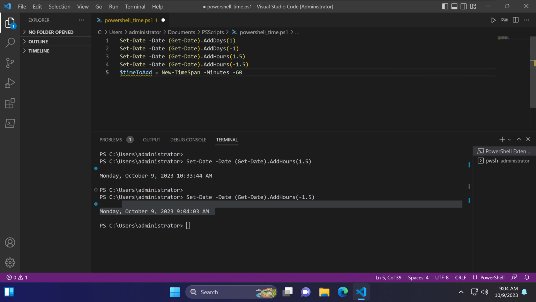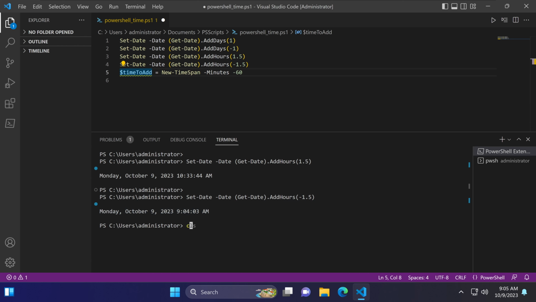Based on this variable, New-TimeSpan is another commandlet. It creates a time span object, and then I can recall this to add to our machine